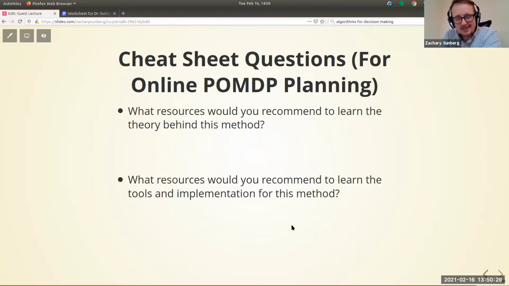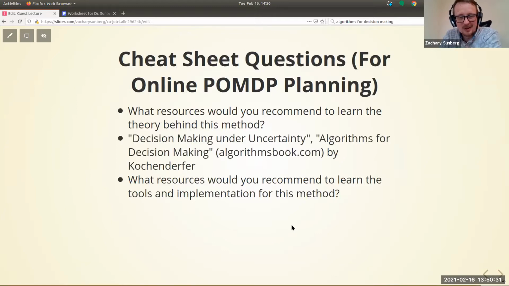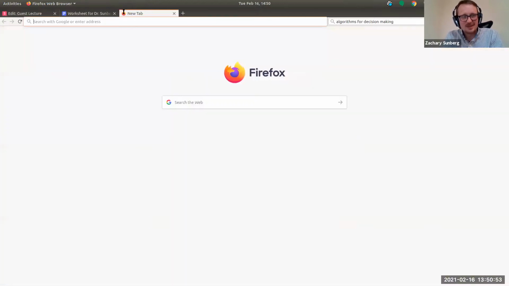What are the resources to learn this? My advisor has 2 books that are really good. Well, I think they're really good. I might be biased, and very accessible. One is called Decision Making Under Uncertainty, which you can get on the IEEE website for free. And that's a really good introduction. And then the second one is Algorithms for Decision Making. So that's